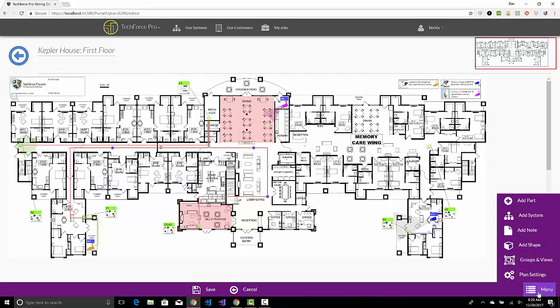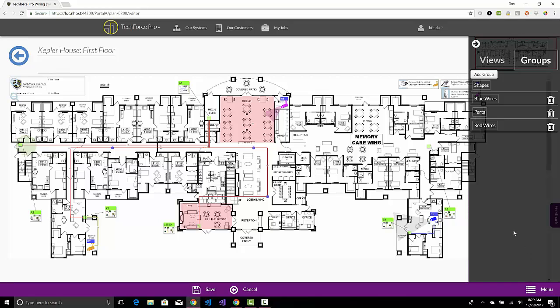And one thing that you're used to seeing, in 2017 we added the ability to have groups. So you can have groups of items. I can click on a camera here and add it to a group called devices. I can click on a shape and add it to the group called shapes. I can click on the red wire and add it to a group called red wires. I can click on a blue wire and add it to a group called blue wires. So I can add all these things to different groups, and I can hide them and show them in the